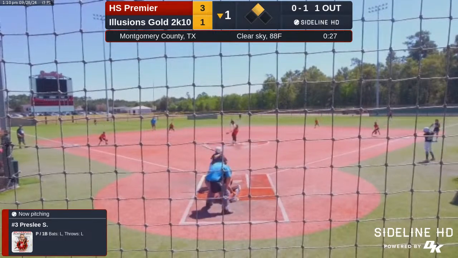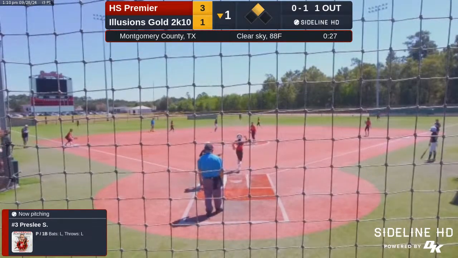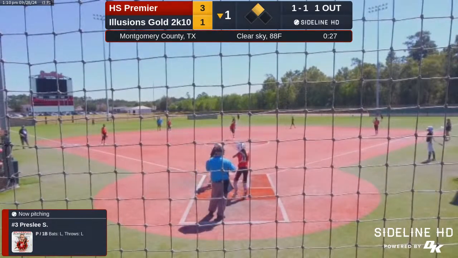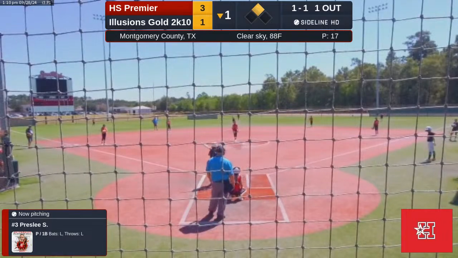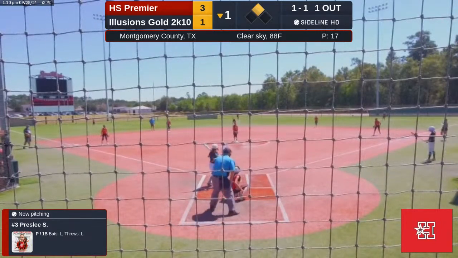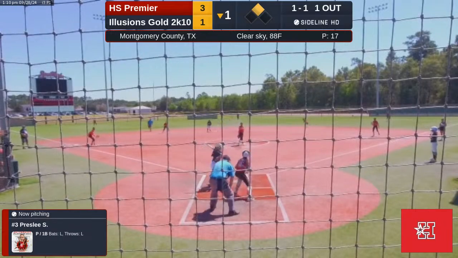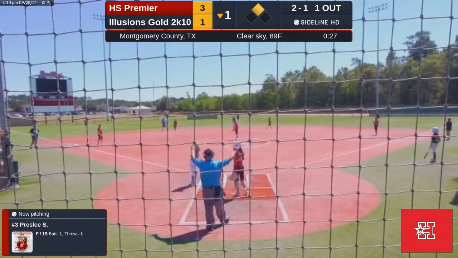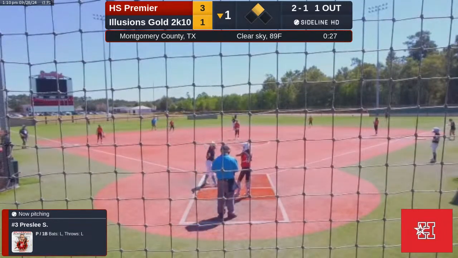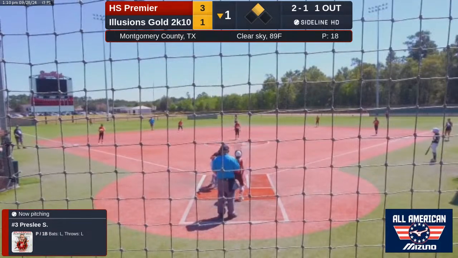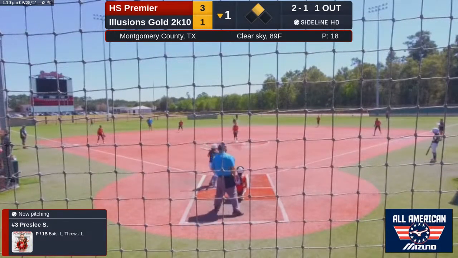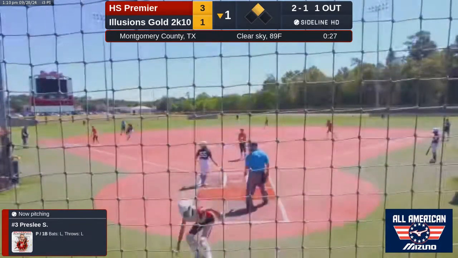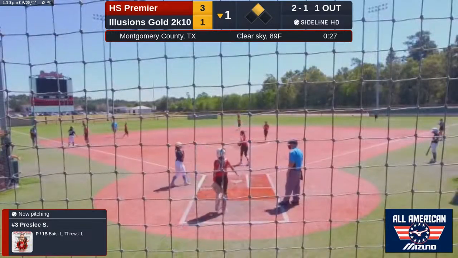First pitch is a strike. The runner makes her way down to second base. That one's low. 1-1's the count. This is going to work fine for the phone. Pitch is blown away. 2-1. Two and one out. Just to the backstop, and the runners to third. 3-1's your count.